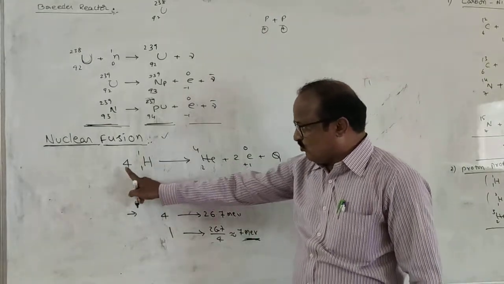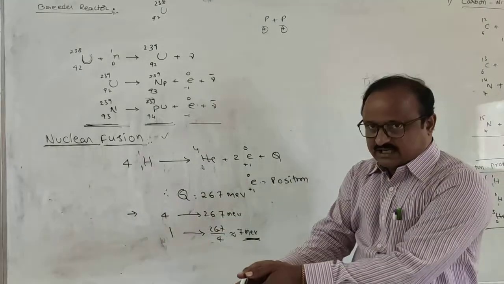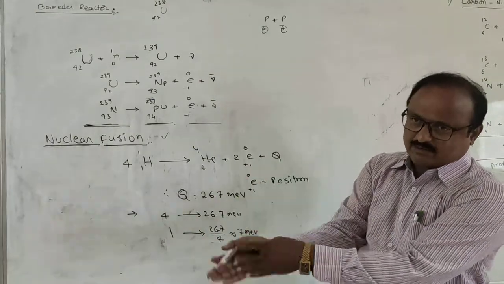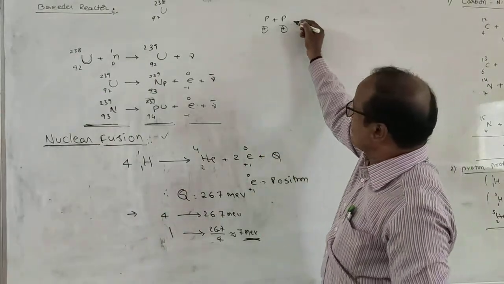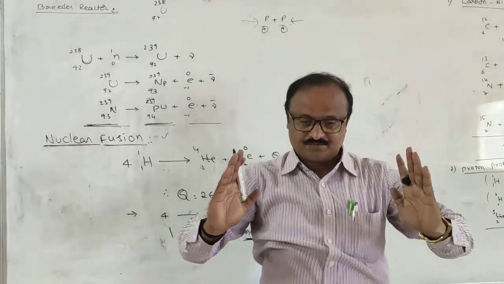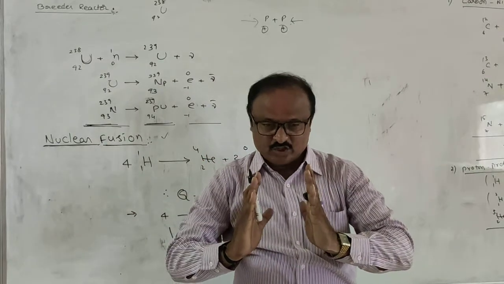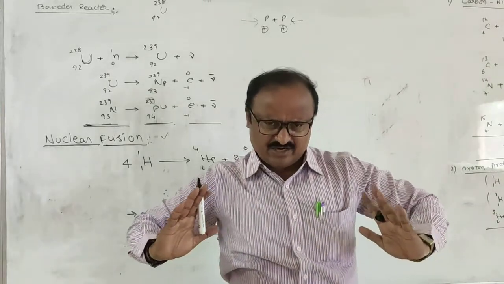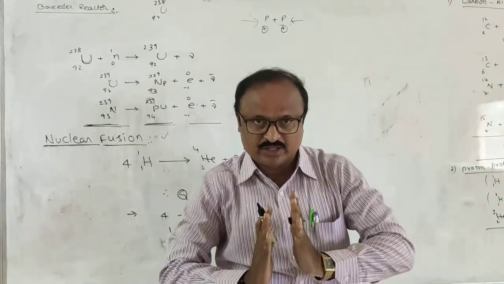I am saying here, 4 protons are combined to form helium. 4 hydrogens are combined. 1 proton is combined with another, these 2 are combined with another, these 3 are combined with another. That means for these 4 protons to combine, some external energy or work must be given to the protons. These 2 protons are moving like this, and there is a repulsive force. To combine these 2 protons, a large amount of work or energy must be given to them so that they crush into each other.